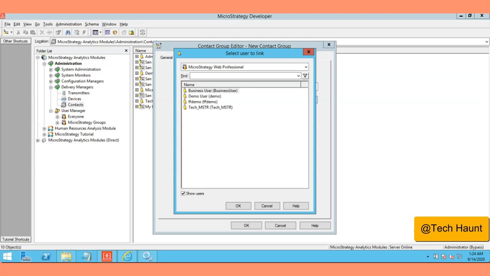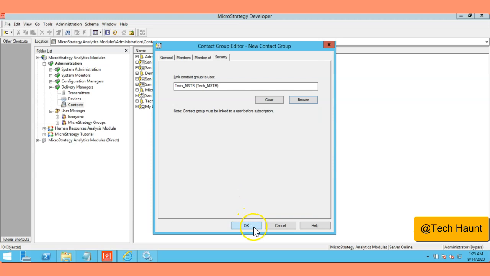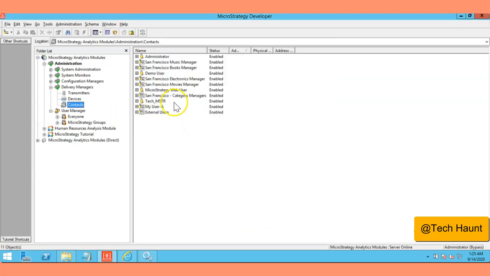And you are going to select the users which we have created here, the tech mstr, that's the user which we have created, and then click on OK, and I'm just going to click OK, and we have created the contact group now. So my user A, and I have created this tech mstr, right? So we have created this. Okay, and this is our contact group, the external users.